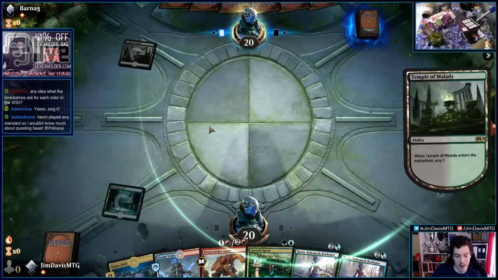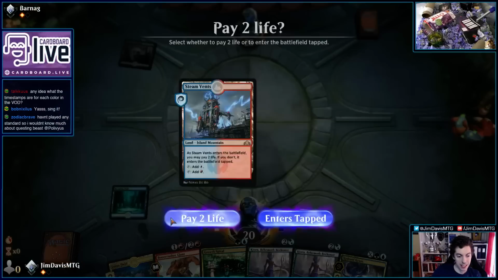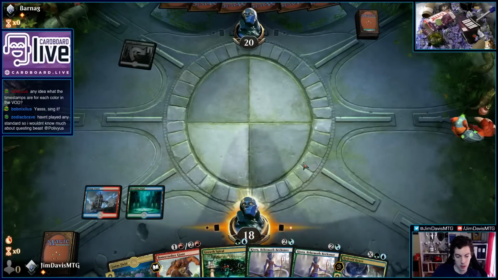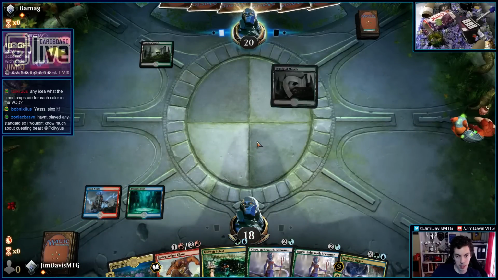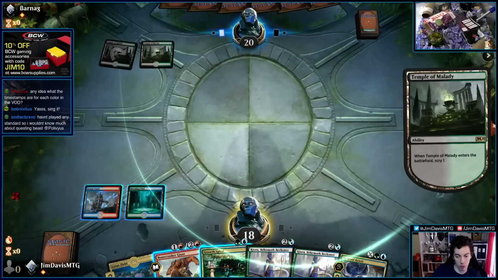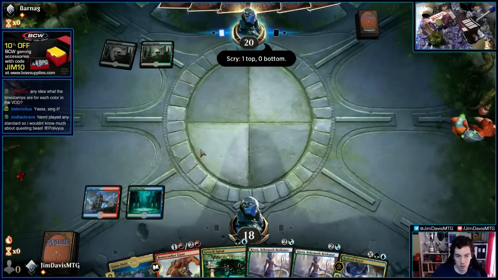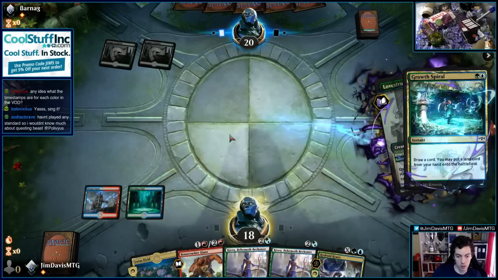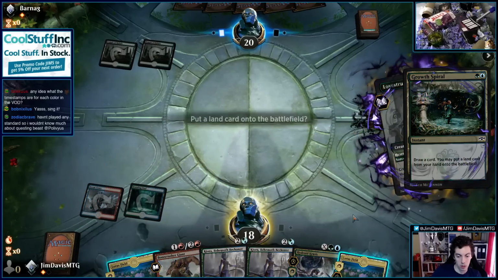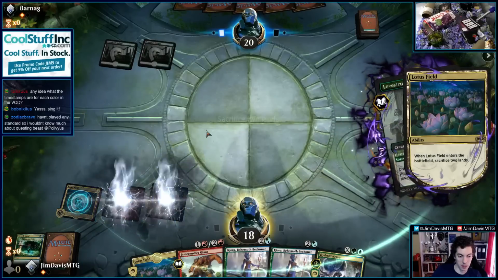Temple of Malady. Milady. Temple of Milady. So, looking pretty good here. We're pretty solid to a Duress because we have 2 Kioras. Lucky. We've got our Lotus Field. We got our Growth Spiral. We got a Stomp. We've got basically everything we could want here. Lovestruck Beast. So, Growth Spiral. Second Lotus Field, not as good as the first. But...